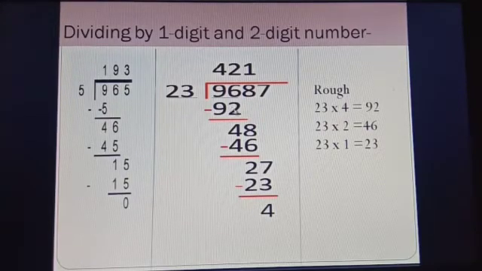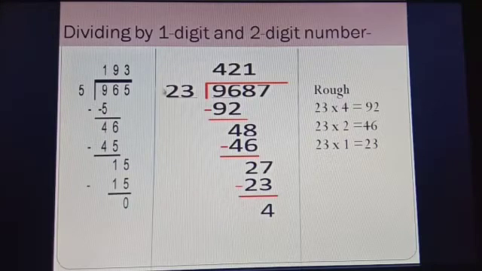Now the next important thing, division by a 2 digit number, which we have to discuss in this class. That is also very easy, you only have to give a little bit of attention. Just see, the number 9687 you have to divide by 23. This is a 2 digit number, so just take the 2 digits from the beginning. This is 23, so take 96. Now how will we check how many times?